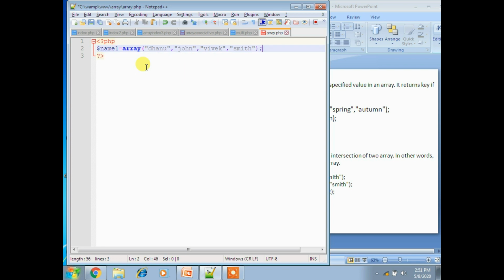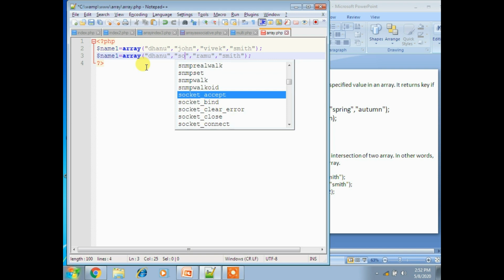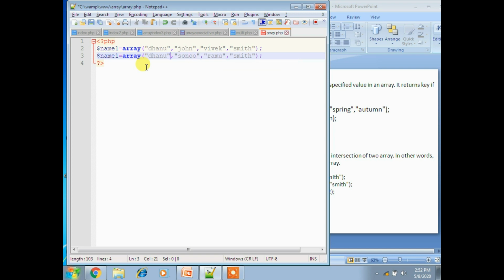Now I will take another array which has the same names in some cases. In the place of Vivek I place Ramu, in the place of John I place Sonu, and in the place of Danu I place Umesh.